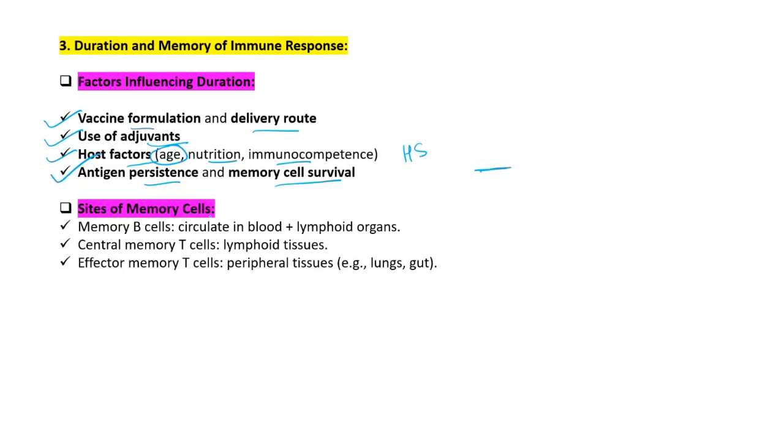Site of memory cell. Memory B cells circulate in blood as well as in lymphoid organs. Central memory T cell is only in lymphoid tissues. Effector memory T cell is in peripheral tissue like lungs and our gut. इसीलिए बोलते हैं कि gut health को